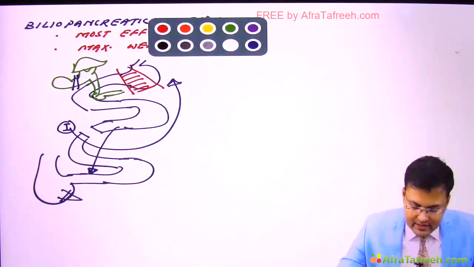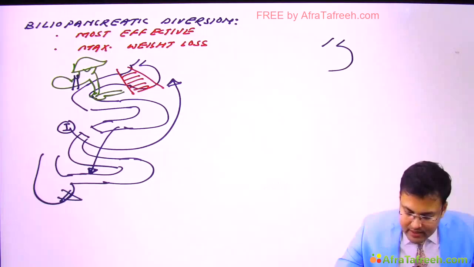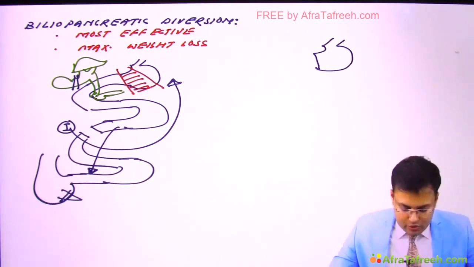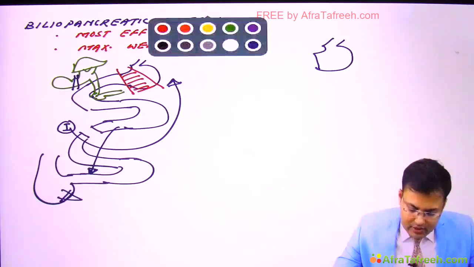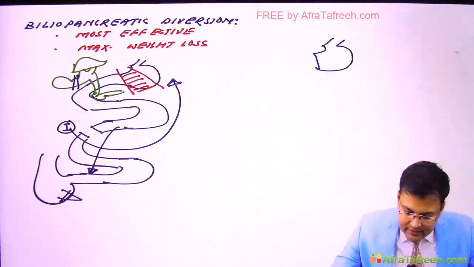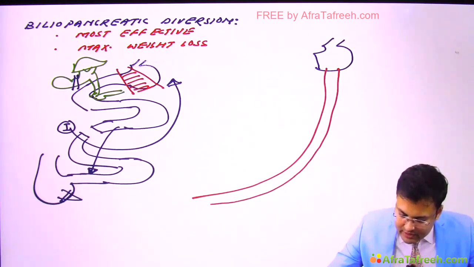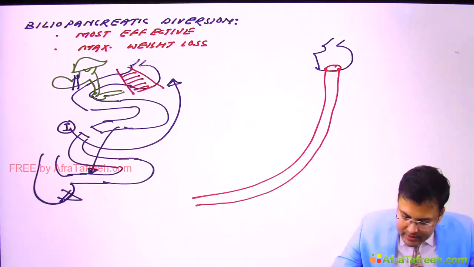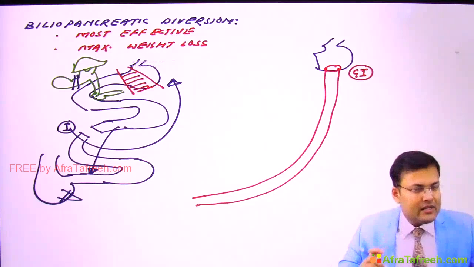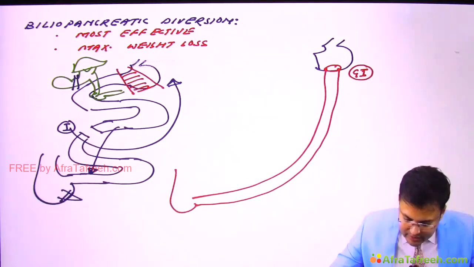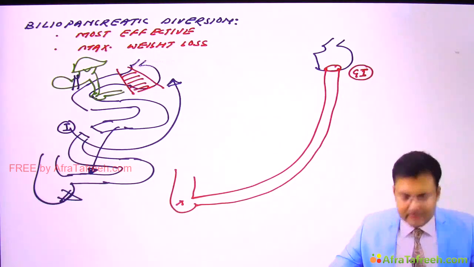So what is the final surgery? This is the stomach. You perform distal gastrectomy and you take the ileum to the stomach. So you are going to perform this kind of anastomosis. What's the name of this anastomosis? The ileum is anastomosed to the stomach, so this is gastroileostomy. Here you can see the cecum, and appendectomy has been done.